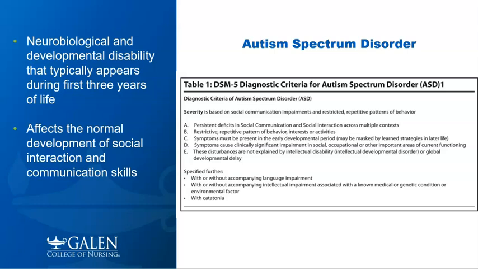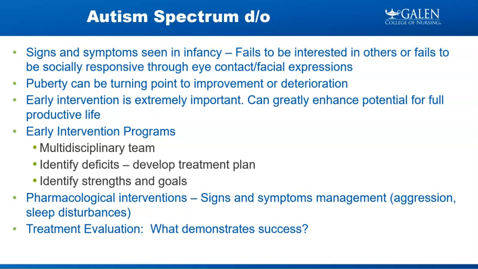We're going to have kids who are not responding to their name, not making eye contact, not having the same social interest as peers. They might be parallel playing longer than we would expect, right? Parallel play should not exist by like first, second, third grade, but maybe this child is still only engaging in parallel play. They might not be comforted or have the same interest as a normal child. So many different things can be included under autism.